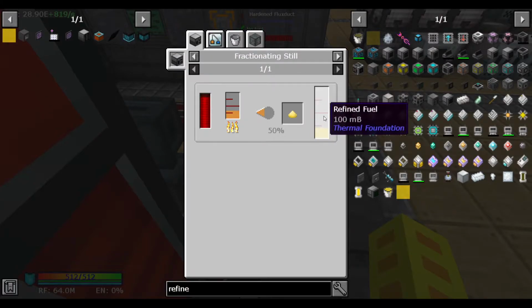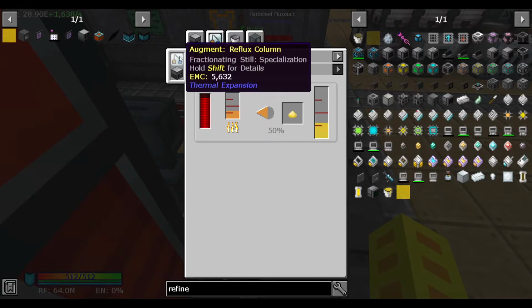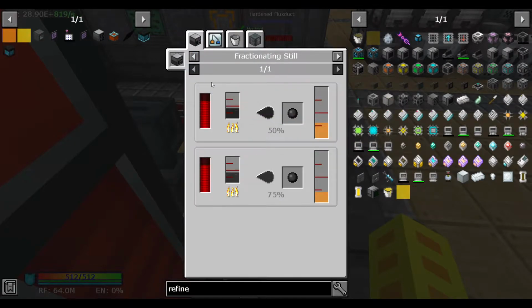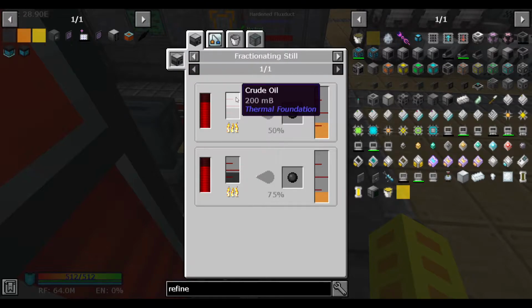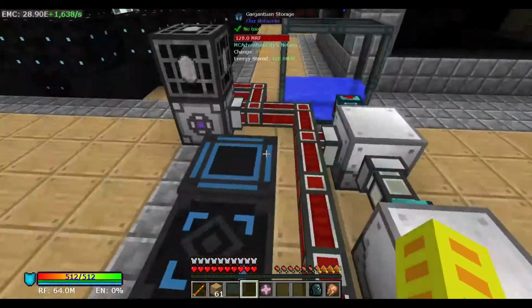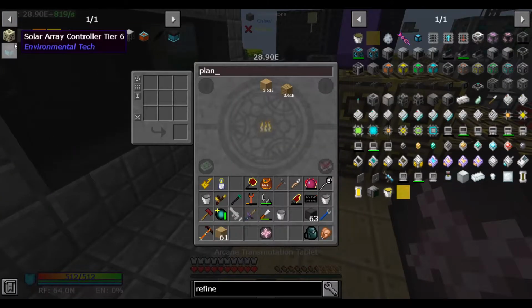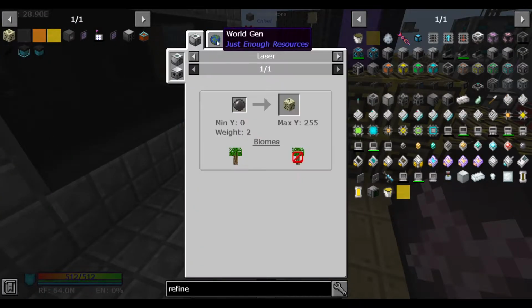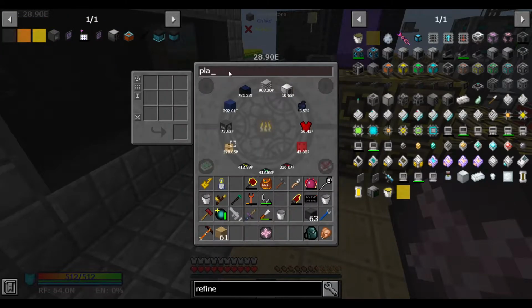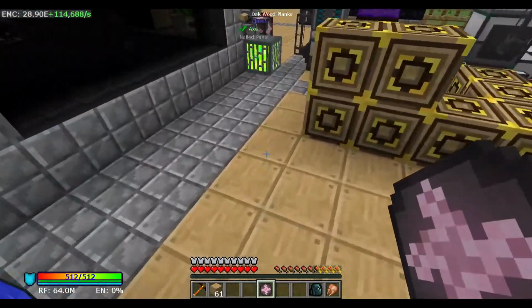You can get a bit more of it with the... I don't need that bit more. Naphtha. So we're going to need 2 fractionating stills. Crude oil. Crude oil sand. Okay, so this... Wait a minute. Can we not... I don't think we've gotten oil sand. So let's take a look at oil. We're going to need a...